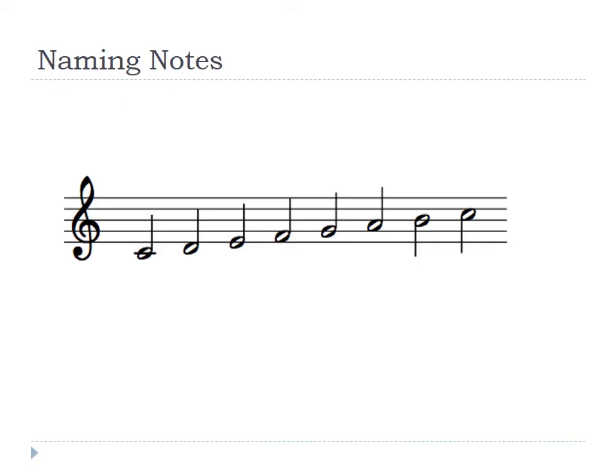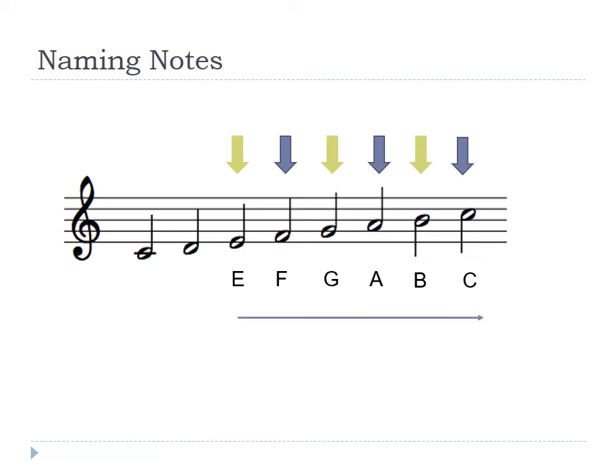So let's look at how to name these notes that appear in these ledger lines. The two on the left-hand side, perhaps you don't know how to name yet, but let's look at what we do know. We know that the space notes make up the word FACE. So we know that this note here is F, this note is A, and this note is C. We also know that our line notes are Every Good Boy Deserves Football. So we know that this note here is E, this note is G, and this note is B. If we look at the combination so far, we've got E, F, G, A, B, C,